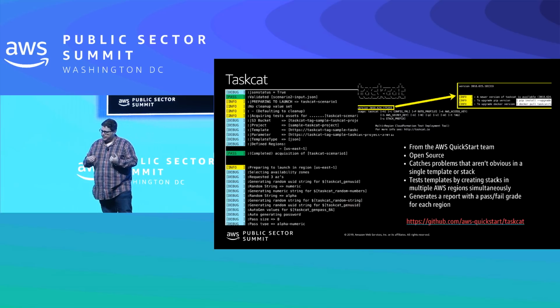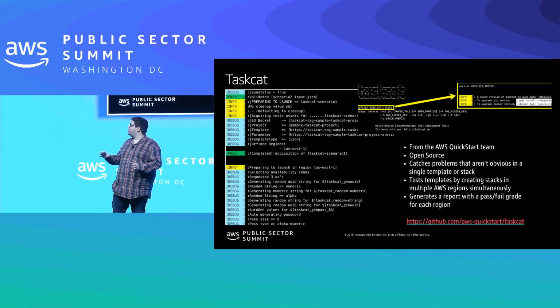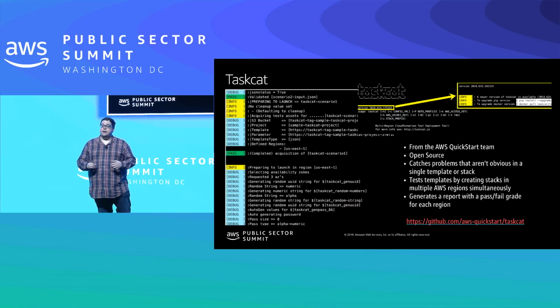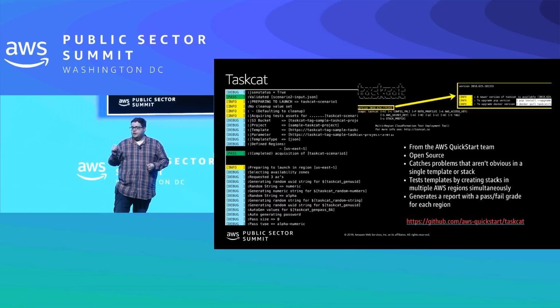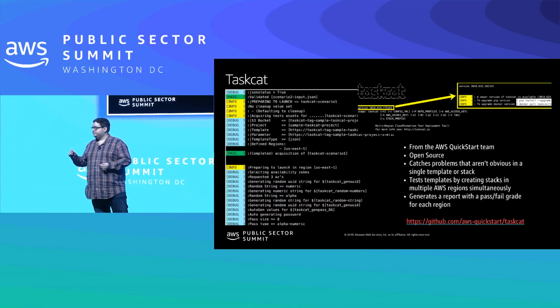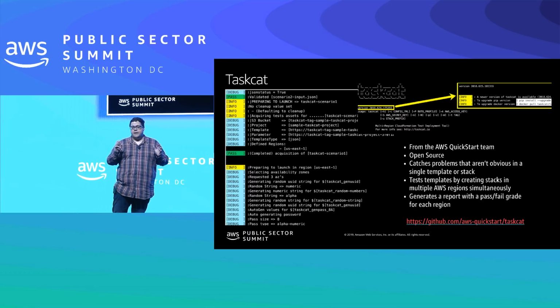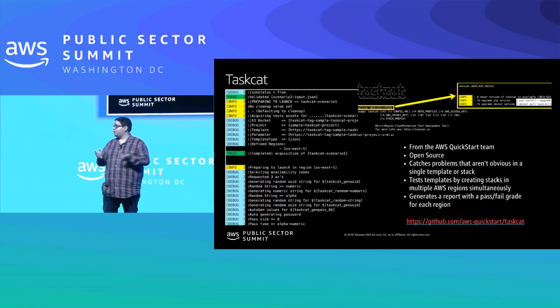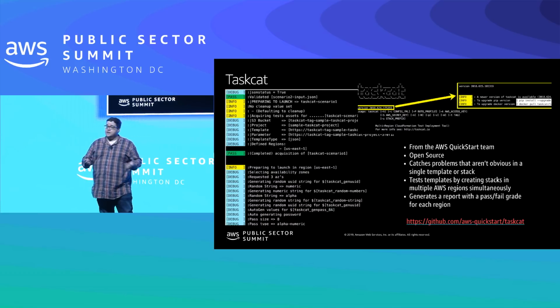TaskCat also has this ability to deploy your stack to not only one region, but to many regions, right? Maybe some little insidious thing that you may not have thought of. Maybe I want to deploy this to US East 1 and, I don't know, NRT, and say, hey, this service doesn't actually exist in NRT. We're going to try and deploy it. It's going to fail. This doesn't actually exist. We can't actually do this successfully. Oh, cool. Guess we can't go to Japan quite yet.